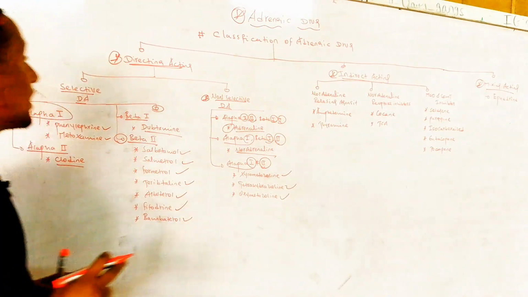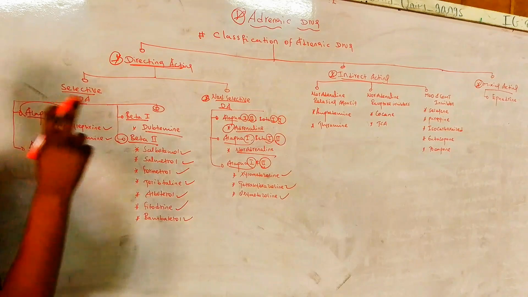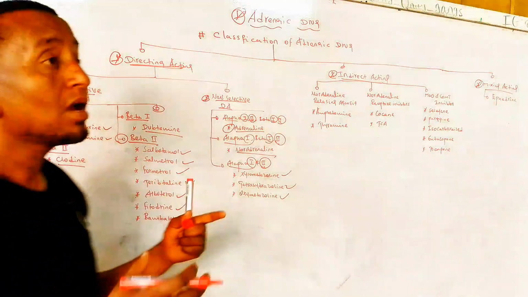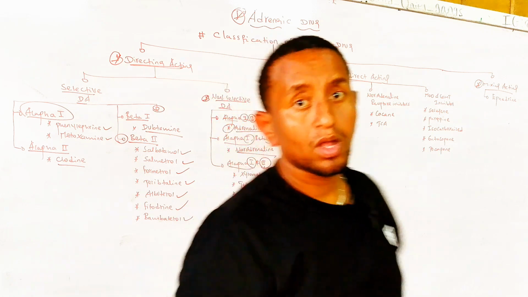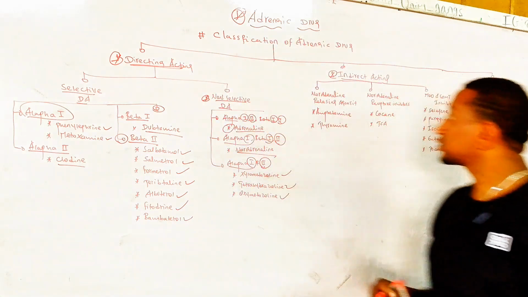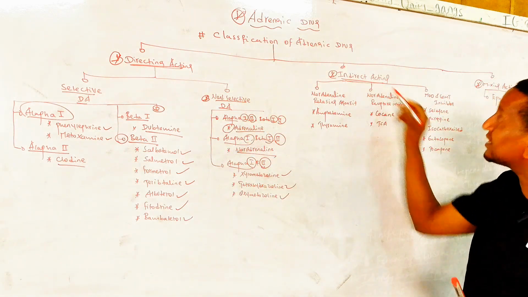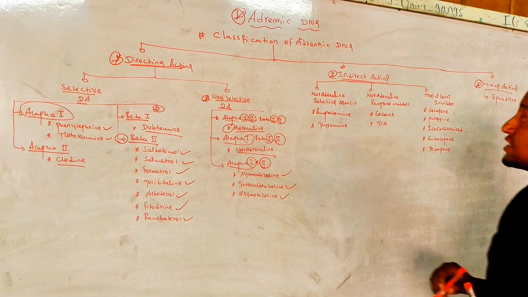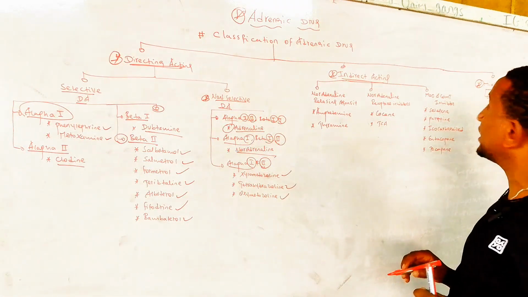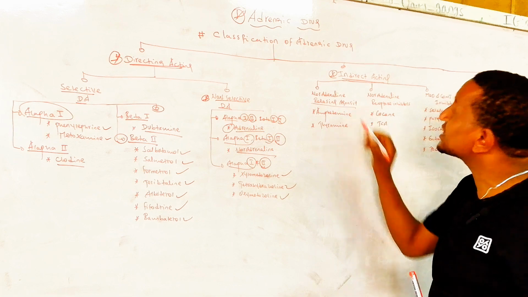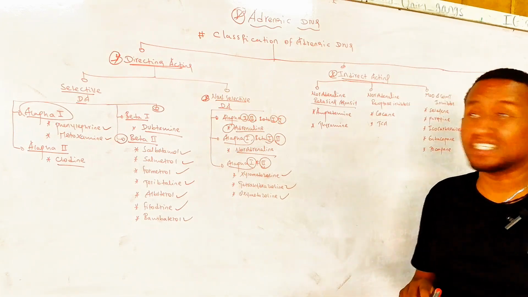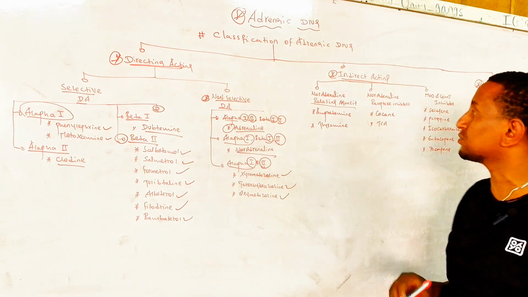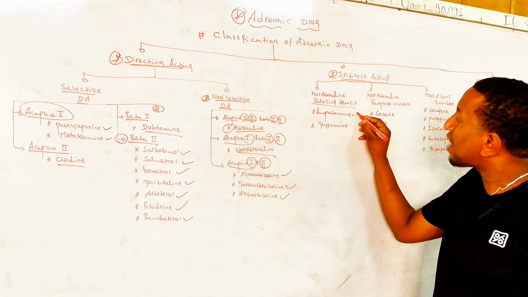So direct acting adrenergic drugs can be classified into two, selective and non selective. Alpha selective, beta selective; non selective means binding both alpha 1, alpha 2, beta 1 and beta 2. The second one is indirect acting adrenergic drugs, which can be classified into three. The first one is noradrenaline releasing agonists, drugs that increase the production of noradrenaline. One is amphetamine,